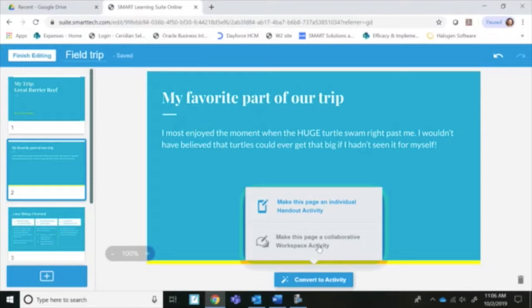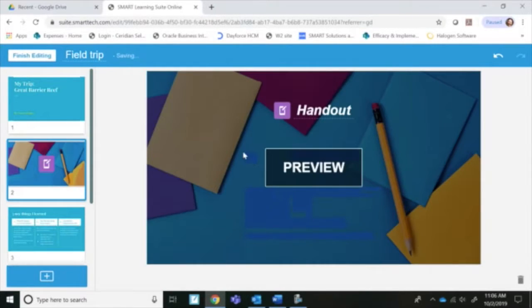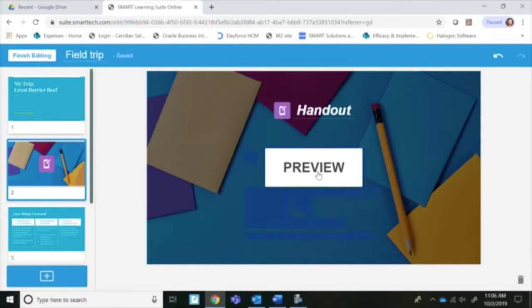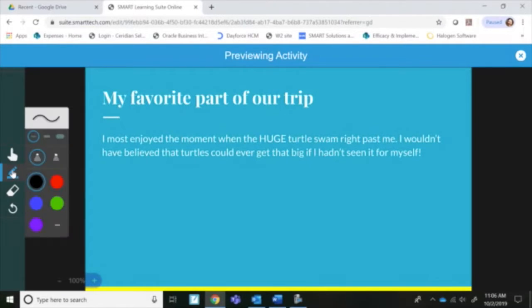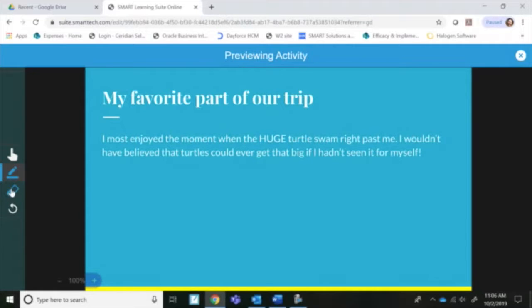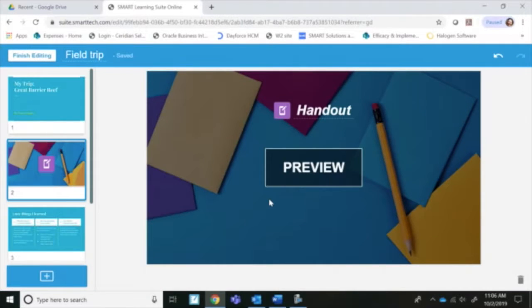And again, the difference is they work independently on their device or in a team. So on this page, I want to turn this into an independent handout activity. And you'll see if I preview it, what happens is my students have tools like an inking tool, an erasing tool. They actually have texting tools as well where they can type using a keyboard or insert images or hyperlinks. Now, when I'm actually running this activity, I have the opportunity as the teacher to see all of my students and to select their work and actually pop in and take a look at what they're doing and provide real-time